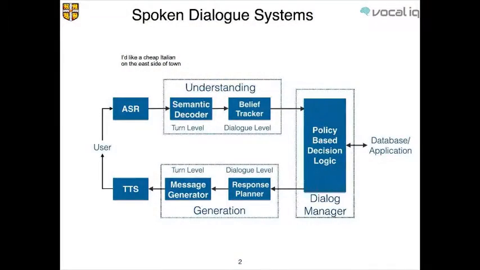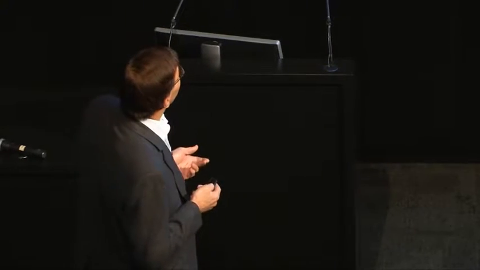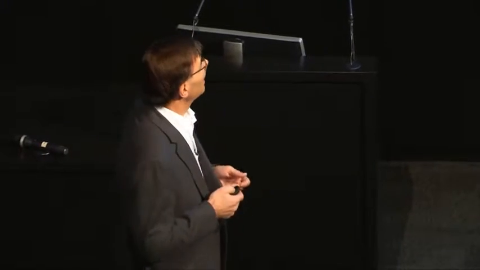If you look at a spoken dialogue system and think of it in block diagram terms, you have something that looks like on the slide here. So going end to end, the user speaks, often a request. There's some application. Most of our work for the last few years has been on finding tourist information, primarily restaurant information, but also hotels and other things, initially in Cambridge, more recently in San Francisco. So a user might say, I'd like a cheap Italian on the east side of town, and there's some kind